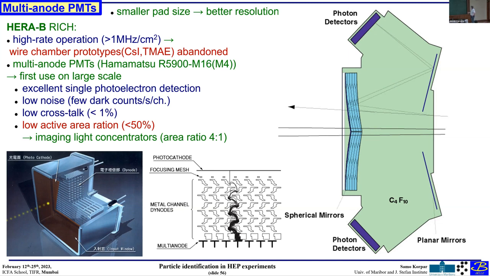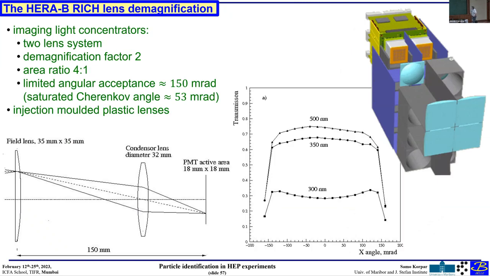interaction. As I mentioned, the active area ratio was small, so we were starting to think how to put light concentrators. You have two kinds, basically: imaging ones, a lens or something like that, a mirror, and non-imaging ones like Winston cones or some sort of light guides. With a single channel, it's easy, you can use a light guide. But with multi-channels, the edge channel in the light guide is not actually an efficient thing. So we basically slowly came to the point where we said that we will demagnify with